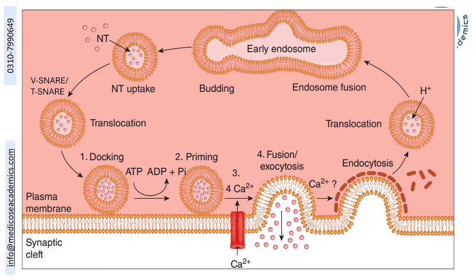So here you can appreciate the vesicular membrane. It will have vesicular SNARE proteins in it, and at the site of the cell membrane where there is T-SNARE, there will be docking. Like we dock a ship at the harbor, this vesicle will be docked at the site of this T-SNARE of the cell membrane. This is the first step, docking. The second step is the provision of energy. The provision of energy by ATP will prime it for exocytosis, and we call it priming.